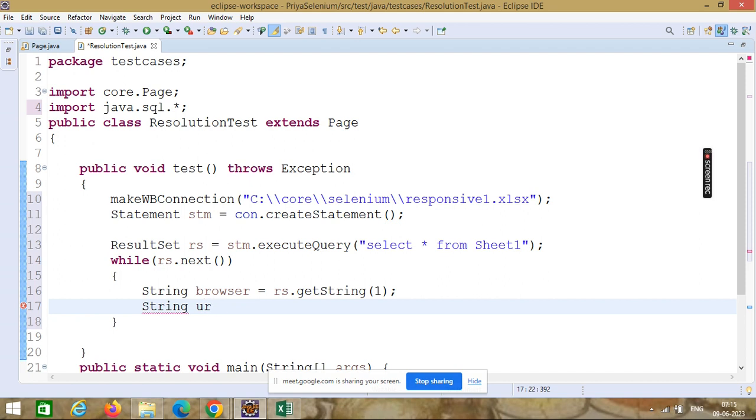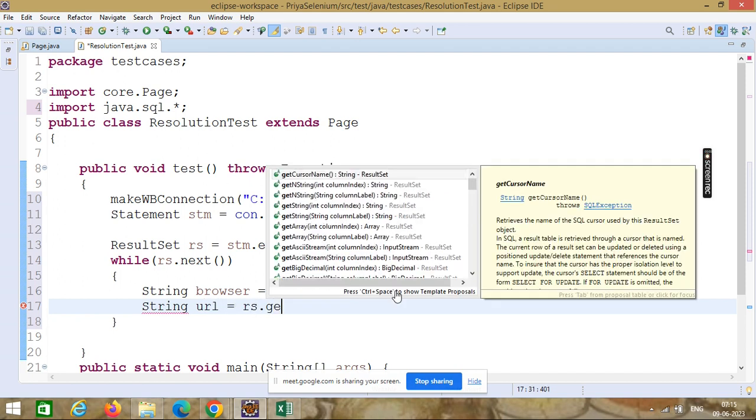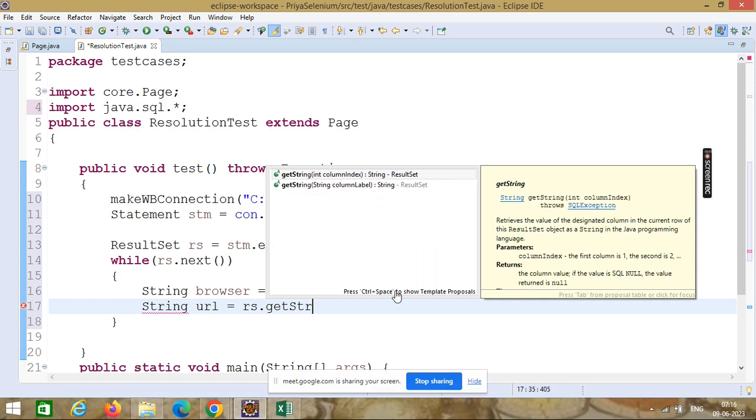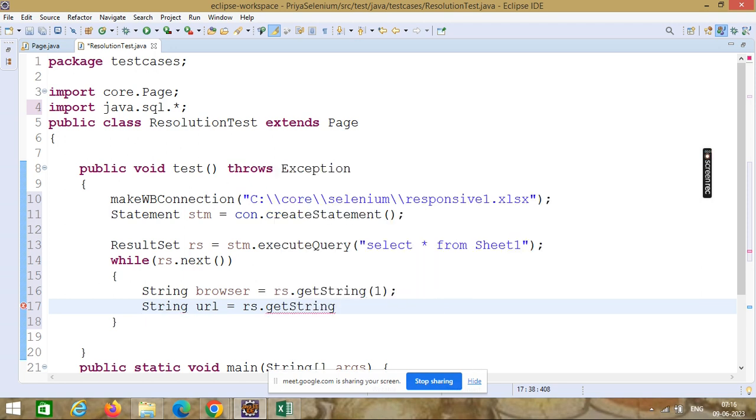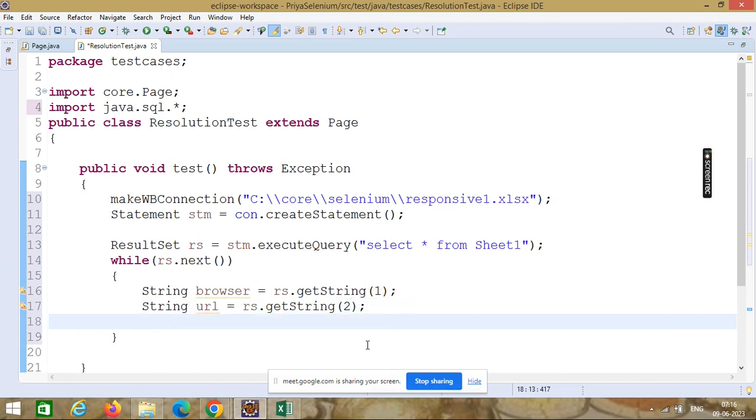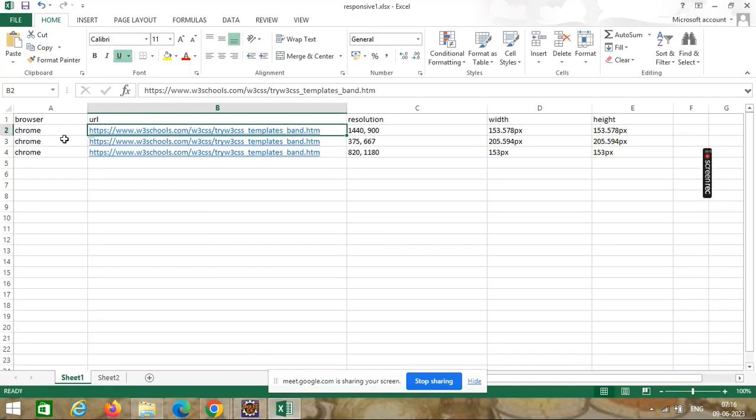String URL is equal to rs dot getString column number 2. Column number 1, column number 2, and rs dot next means this rs dot next.